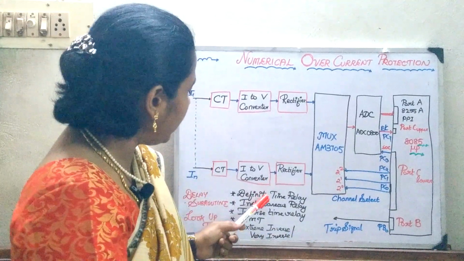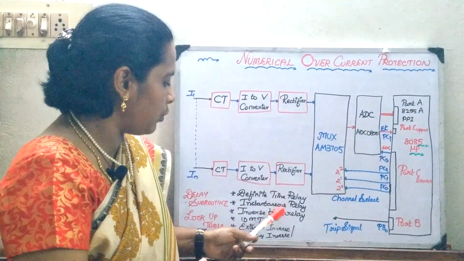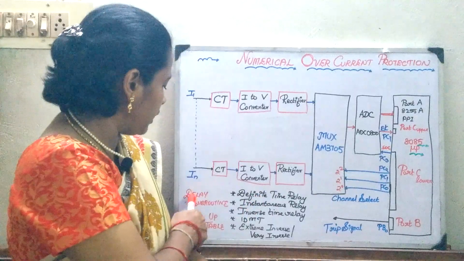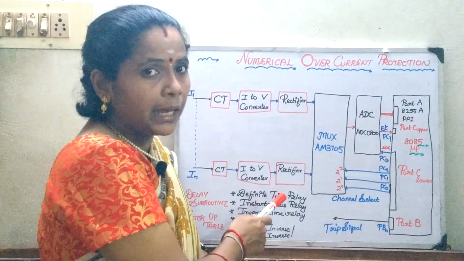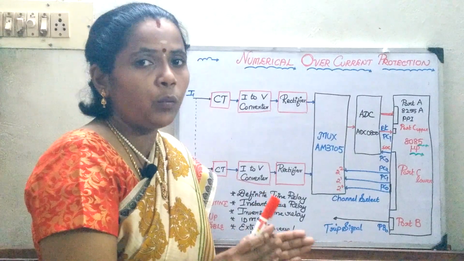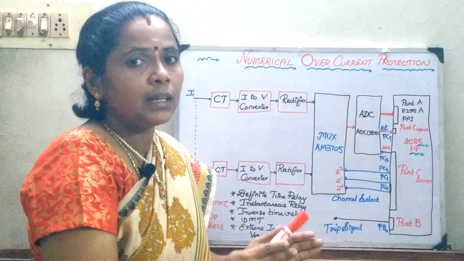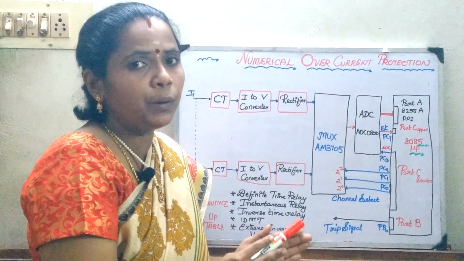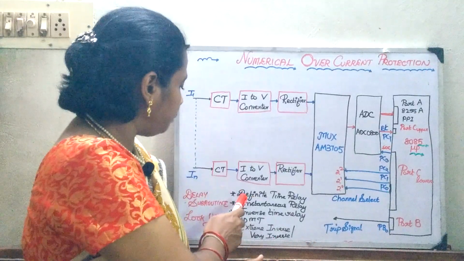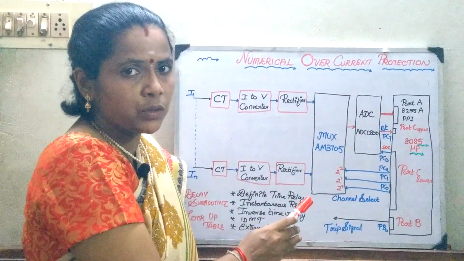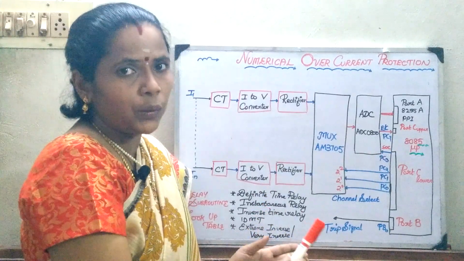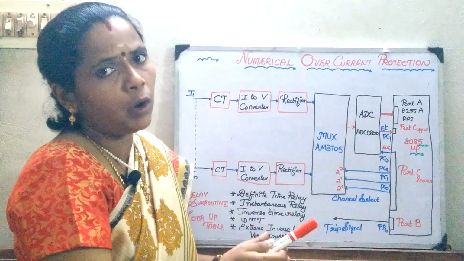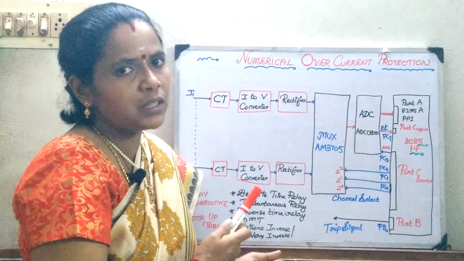Depending upon the various types of relay, you can use a different relay subroutine. It can be a definite time relay. Definite time relay means the relay operates after a predetermined time. In this case the lookup table or delay subroutine is put in such a way that after a certain delay the relay will operate. The coding or the program is written in such a way.